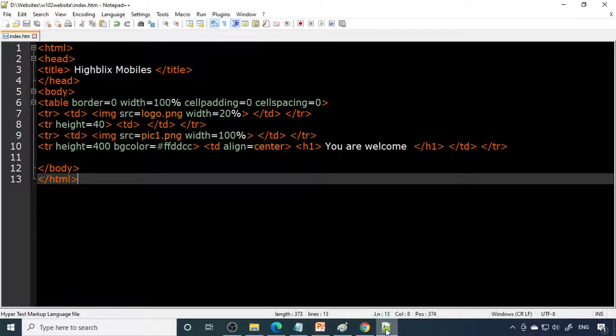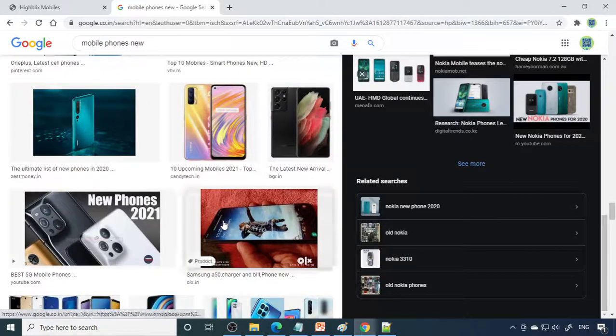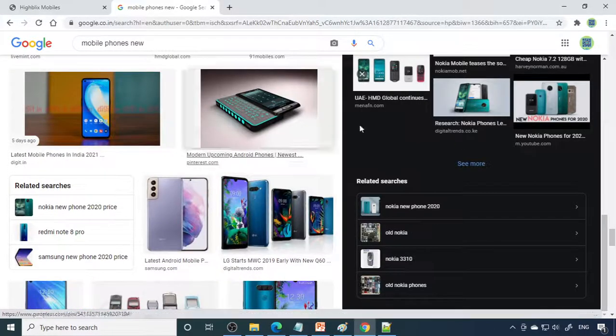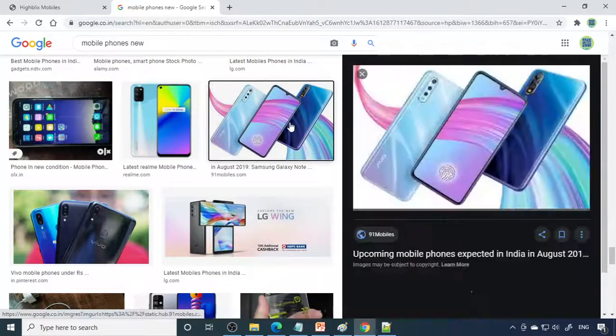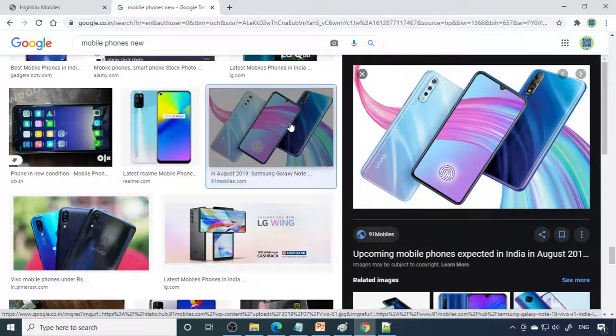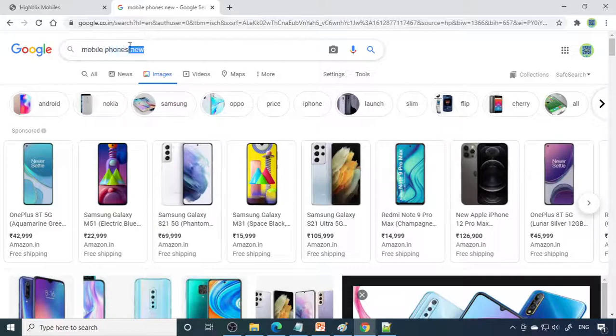After that we want to put some more product pictures. For that you can go back to the images, and here you can select new images. If you want to search for a particular brand, you can search for it. Okay, Samsung phones.